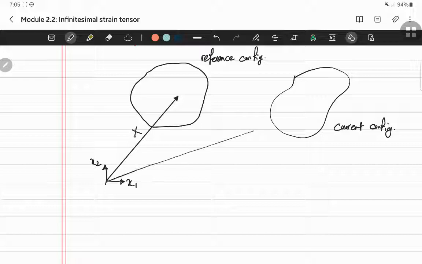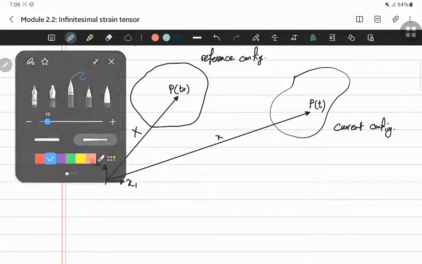And we have the deformed configuration right over here, small x. So this is our particle, for example, p at t equal 0. And here it's our particle at, for example, after time t. So